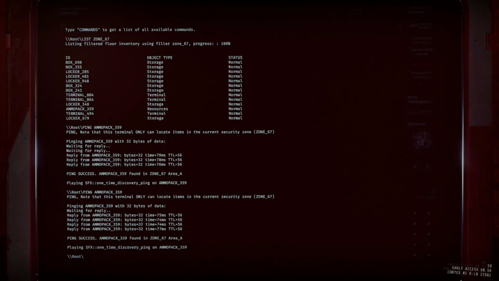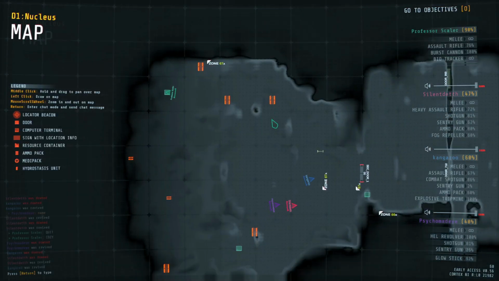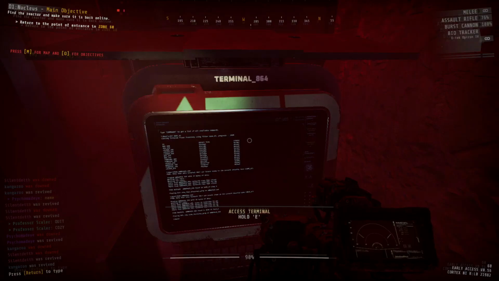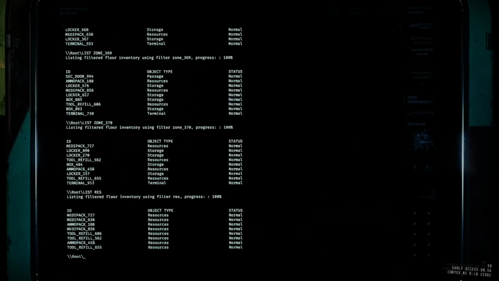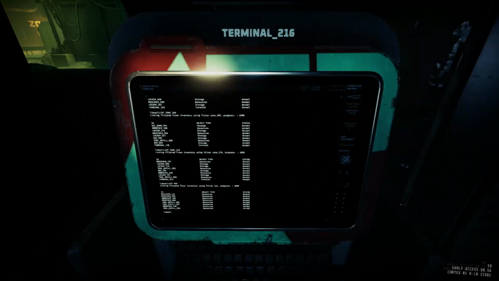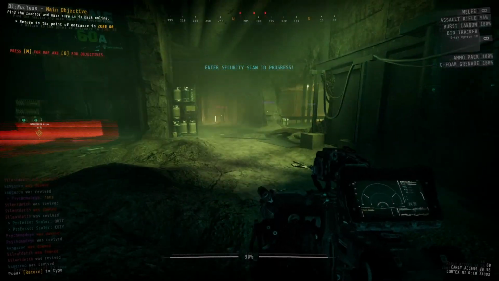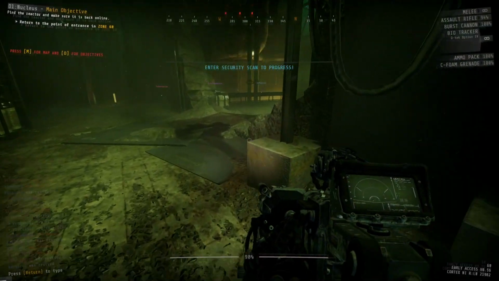You have 3 birthers you're going to have to deal with throughout all the extreme objective zones, so 3 C-foam grenades is going to help out quite a lot, and so will the fog repellers to disperse the fog. Once you've collected every single resource that's left and you have the bulkhead key, which will always be located inside of Zone 67, and you are ready to go, you can then head towards the door control, put that in,